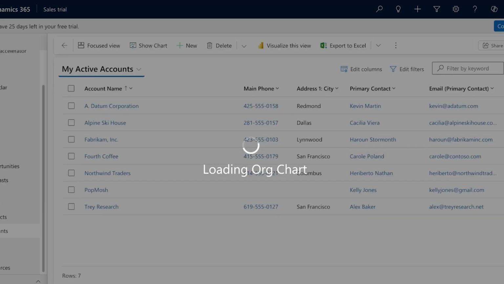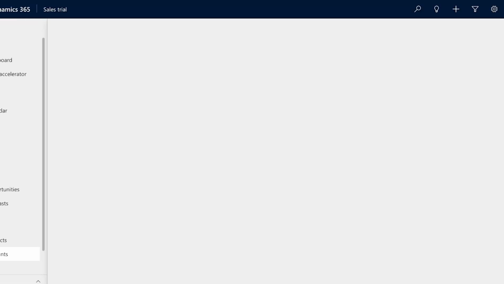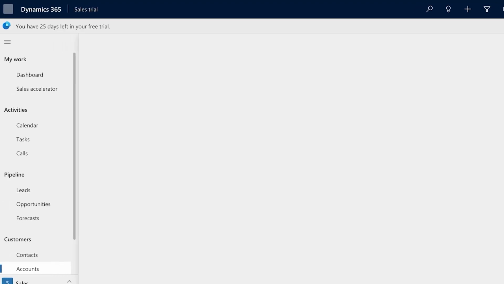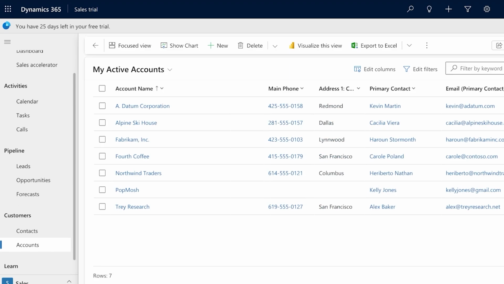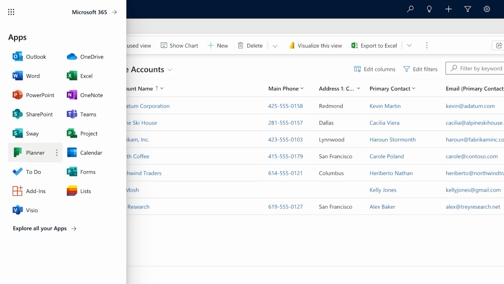So whether you are just using Dynamics Sales or if you want to multiply the powers of these tools, you can use them in conjunction with the other 365 tools. So if you go onto your top right over here, and you proceed with your applications, which is being a little bit laggy today, but if you go into apps, you can explore some of your other applications, which might be included within your Dynamics subscription. But you get a 30-day free trial of a bunch of the other Microsoft 365 tools. And if you have 365 tools, you're going to have a bunch of these tools that are integrated for free,